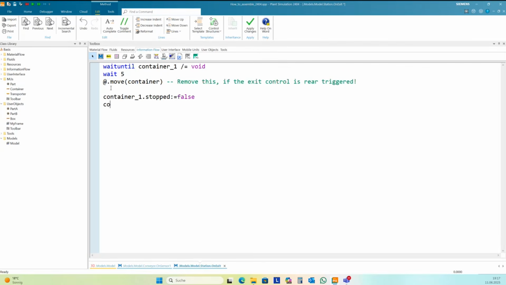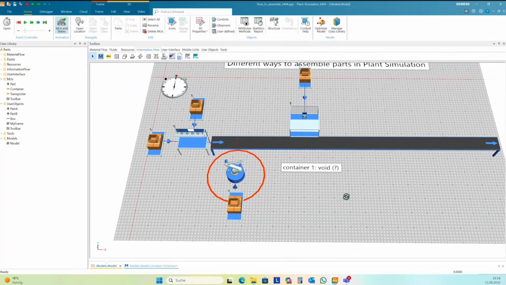And you need to set container 1 to void for the next round. Then you can wait again until container 1 is not void anymore for the next pallet. Quite simple.